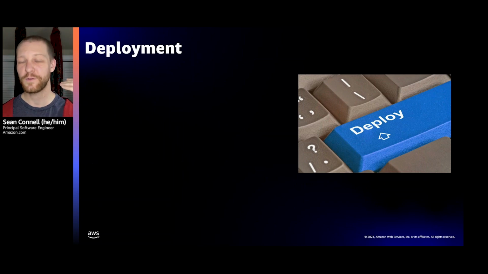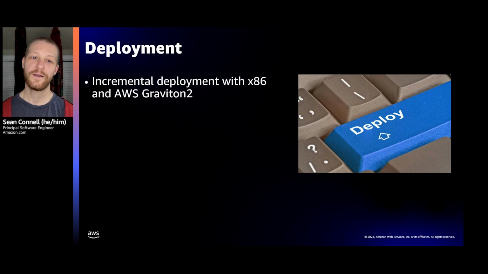So now we wanted to deploy to save the cache. Of course, we didn't want to do it all at once, for the same reason you don't want to deploy software all at once, right? We wanted to do an incremental deployment. And what I mean by that is based on risk and blast radius.